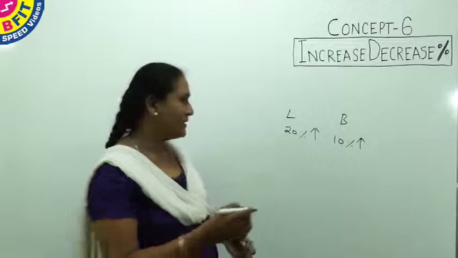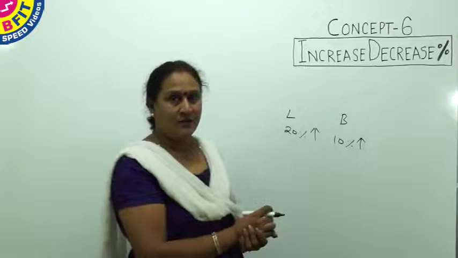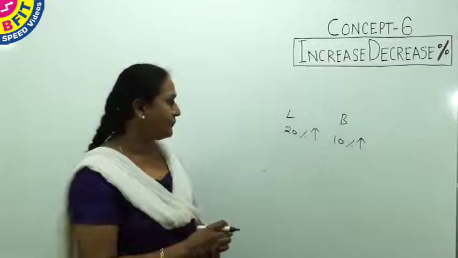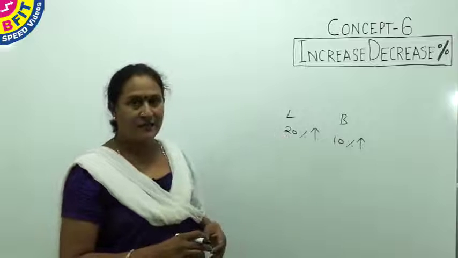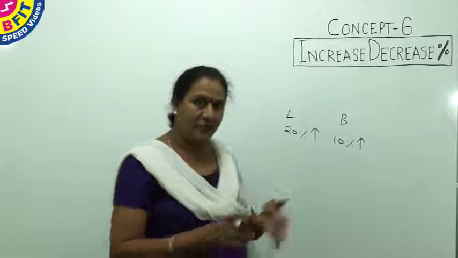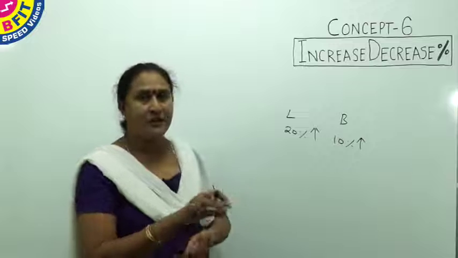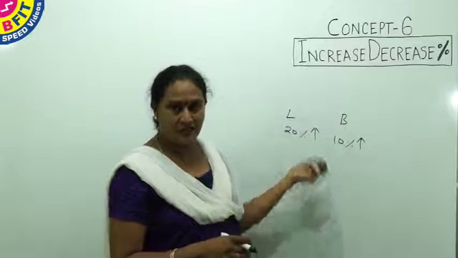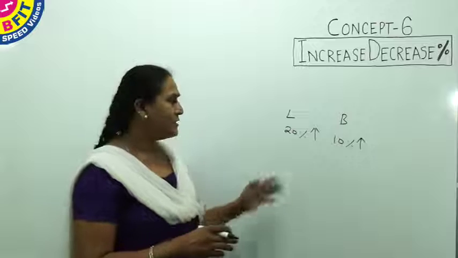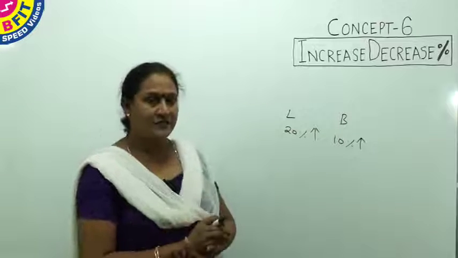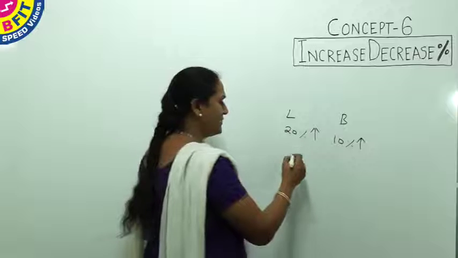Say the length is given and breadth is given. So we will find the area: L into B will give the area. In that, for the 20% increase we will find the new length, and for the 10% increase we will find the new breadth. Then find the new area, then the difference, divide by the original area, into 100. So now instead of doing all this, to find the increase or decrease percentage, say for example